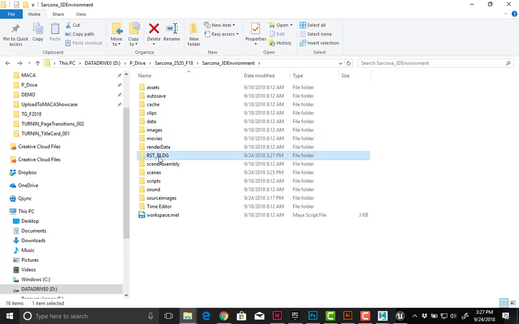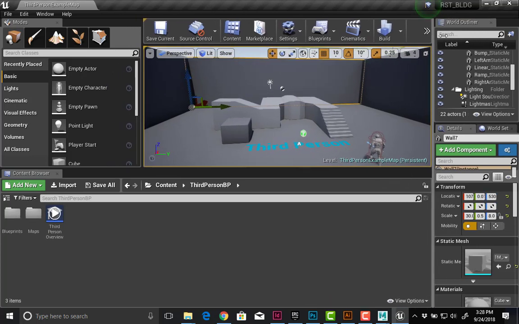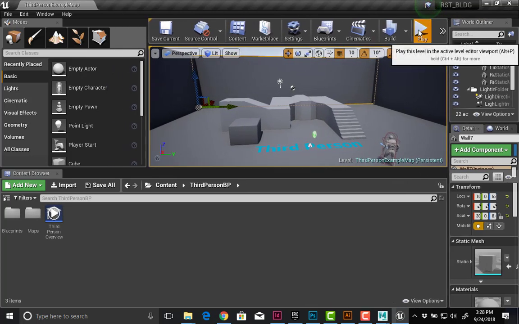Okay, so this folder, that's our game. Everything else is stuff for Maya. So whenever we back our stuff up, just be aware of that. All right, so here's our game. We have done nothing yet. All we've done is made a blank world. If I hit play,